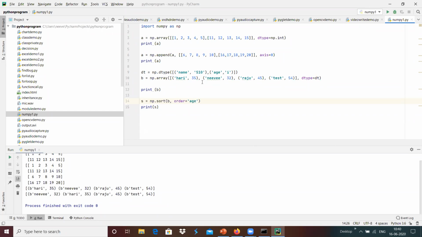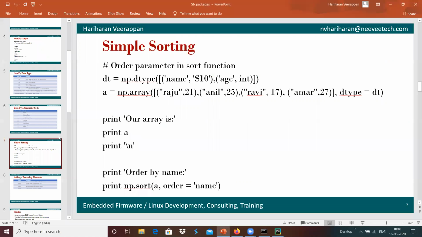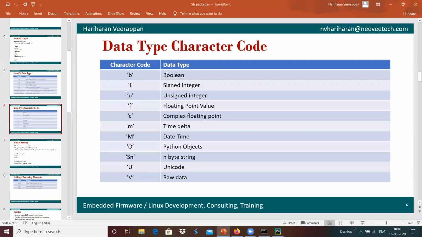Like that, suppose we have multiple data types defined, for example age, name, and then marks over here, and marks can have a different data type. U is an unsigned integer. Marks cannot be a negative value.